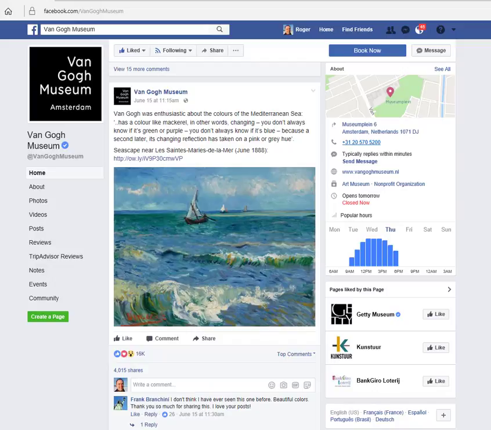Hi everyone, this is a case study. I want to show you a comparison of the colors being displayed in Facebook or in a browser and colors being managed with an ICC profile under Photoshop, let's say. So I have a page here open for the Van Gogh Museum, and I have this image